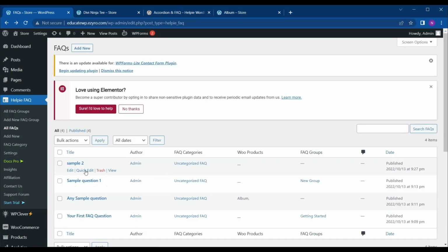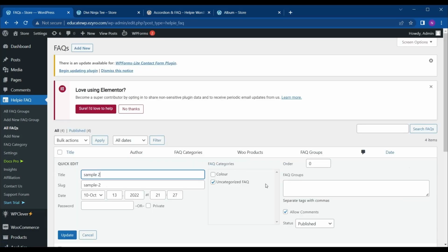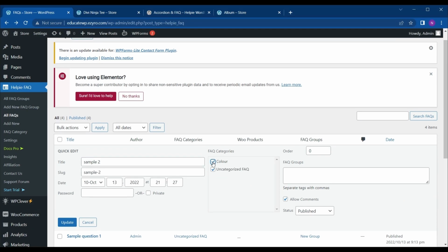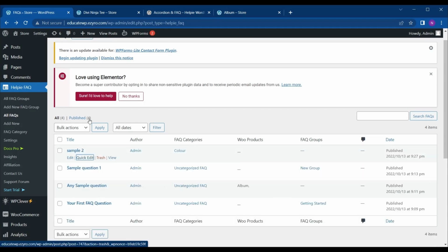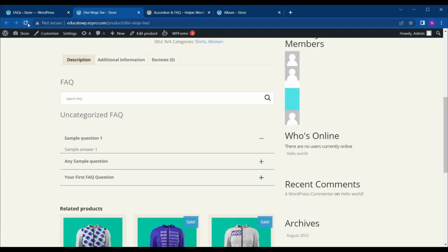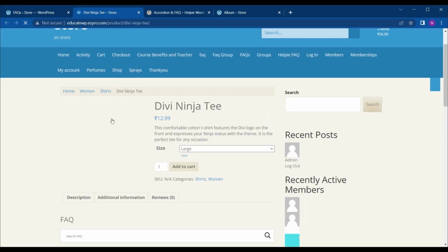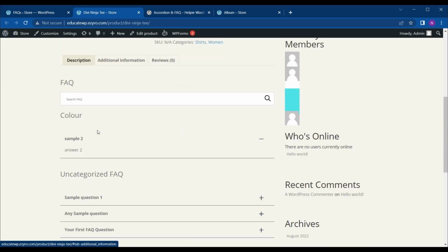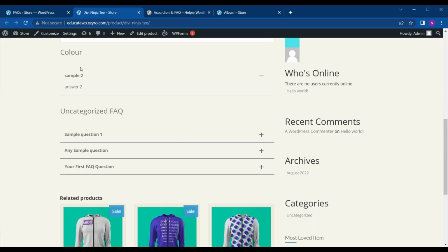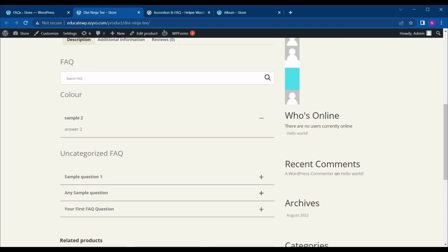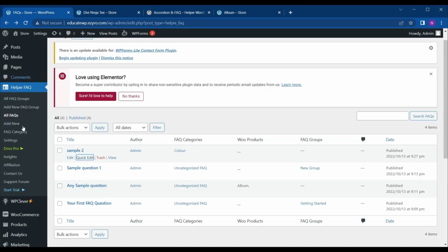So here on quick edit, I will choose its category as color and then click on update. So now when I see this product specifically, I will see the FAQ divided into two categories, or we can say grouped into two categories. So this is how you can use category to show FAQ group wise,